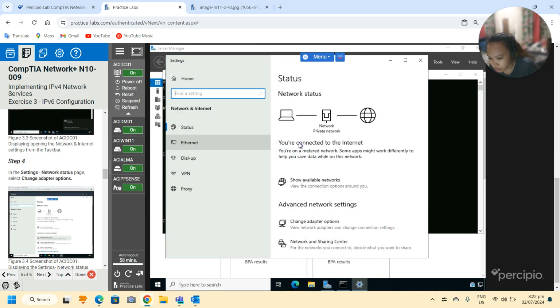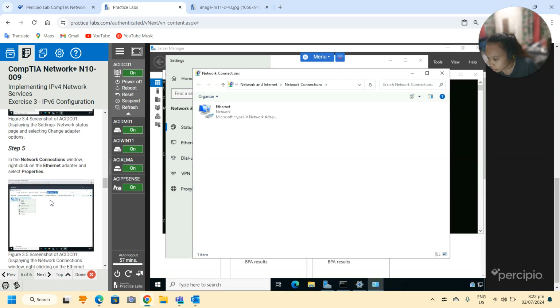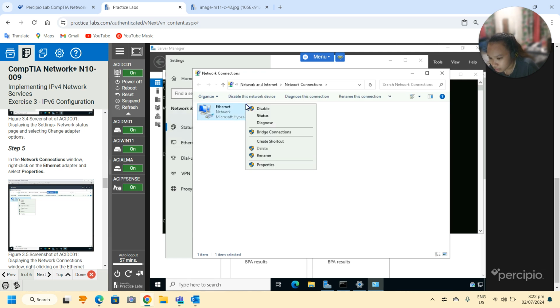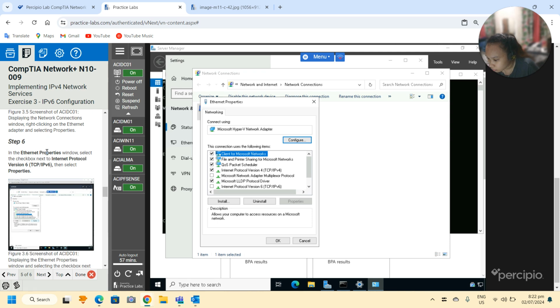Network, select change adapter. In the network connections window, right click on the Ethernet and select properties. In the Ethernet properties window, select the checkbox next to Internet Protocol Version 6. This one.